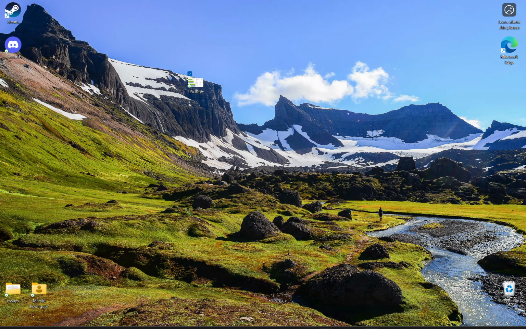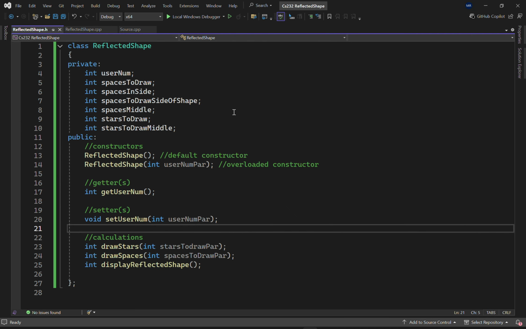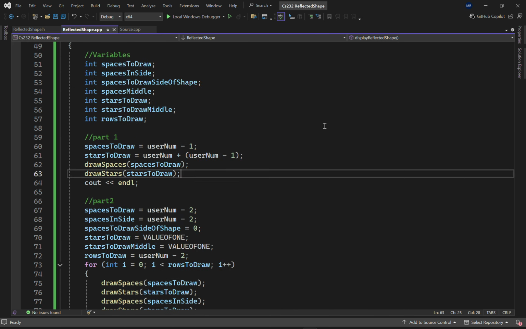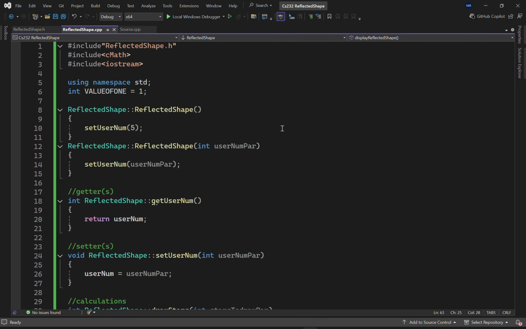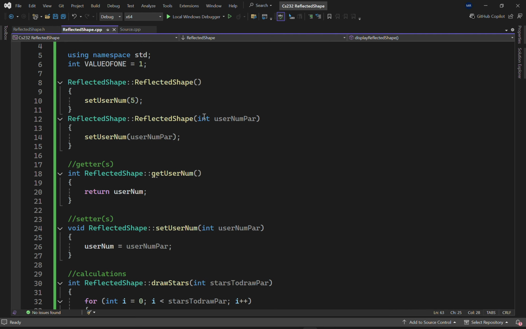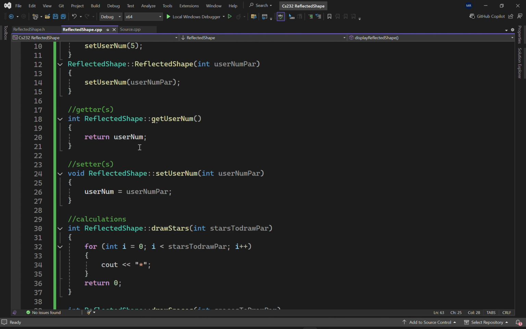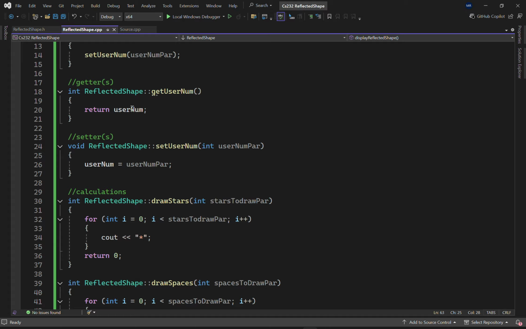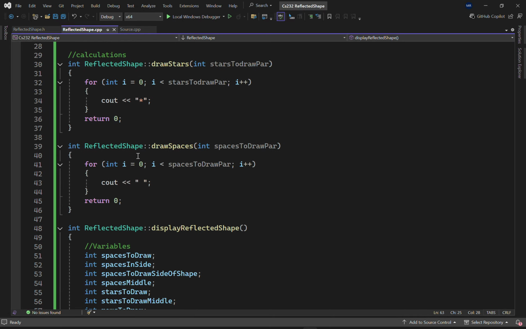All right, so this is my code. We made a class called ReflectedShape. We used a bunch of variables, getters, setters, constructors, and then our calculations. This is the code. Let me scroll up real quick. We'll start off by making a value of 1 using namespace, using our default constructor and overloaded constructor, setting our getting our user and setting our user,